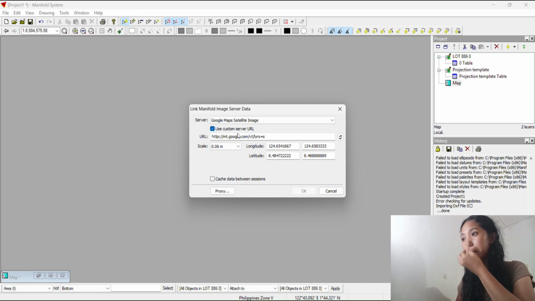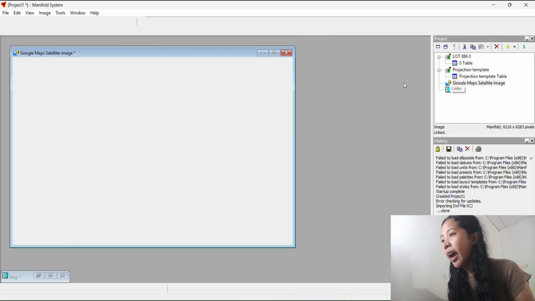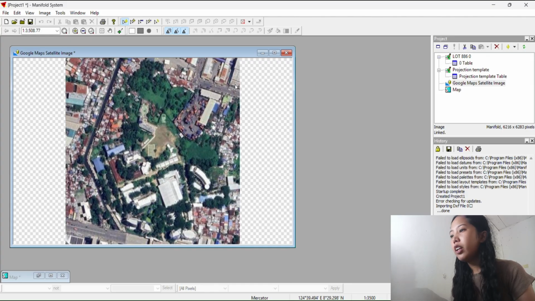then in files of type, select default image server.